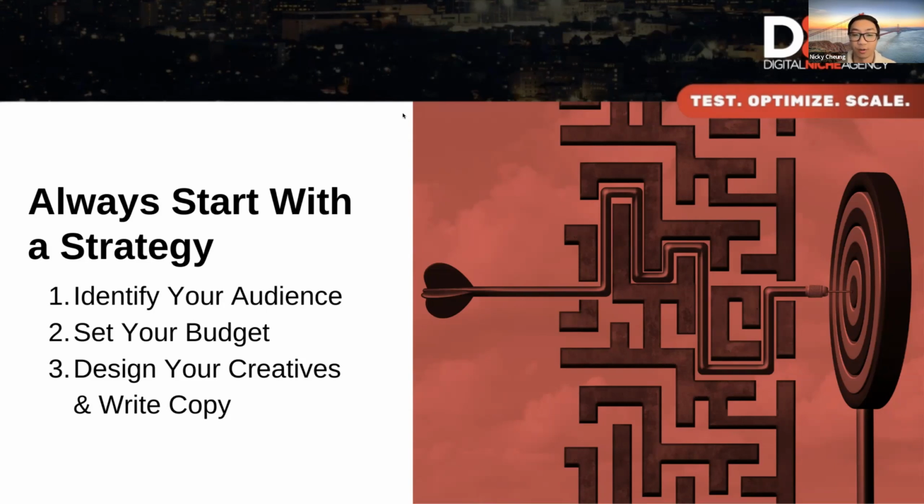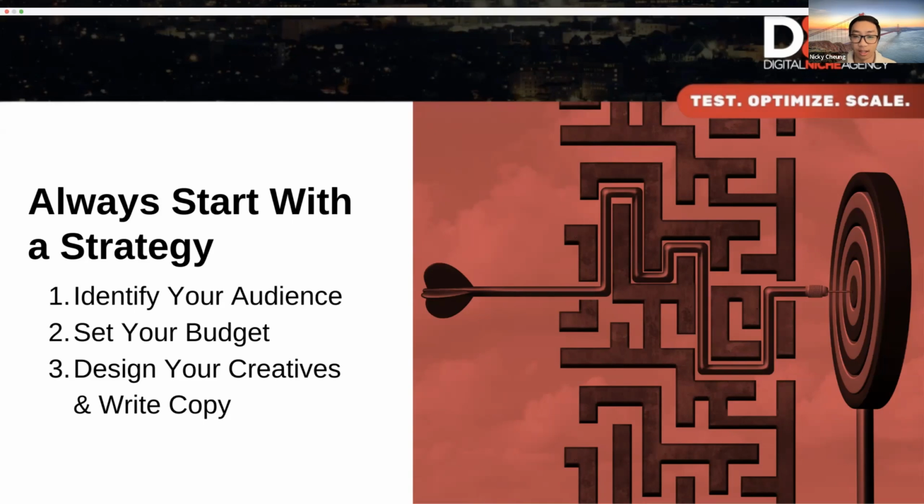And obviously design your creatives and write copy. That's really important because look, if you're doing an ad, for example, on TikTok, it has to be very, very native to the platform. TikTok ads are very specific. You cannot expect to do a very professional ad on TikTok because that's just not what the audience engages with. So always remember brand voice and the platform you're going to be on need to align in order to get your ads working, your targeting working.